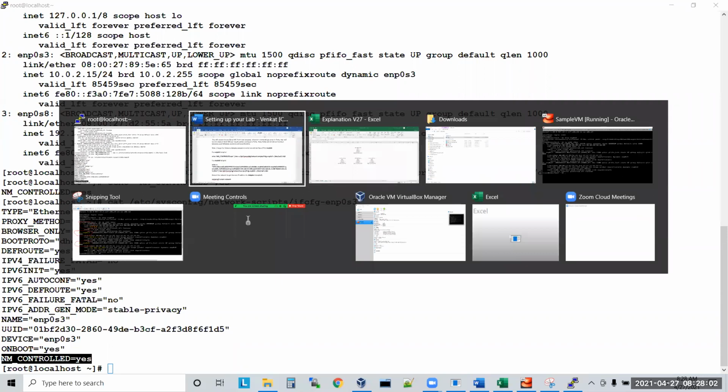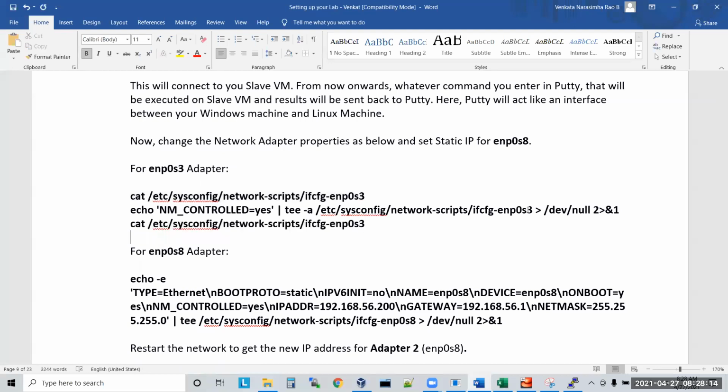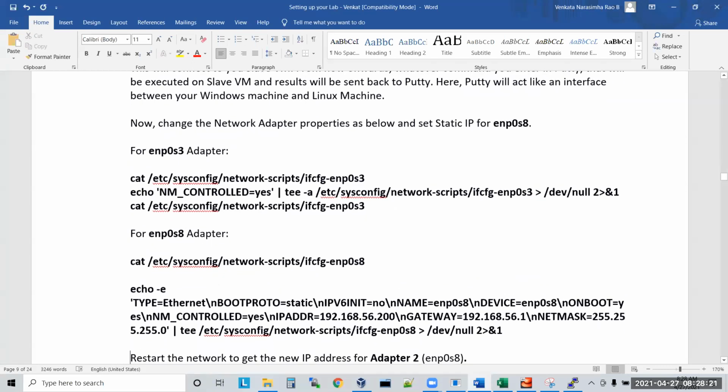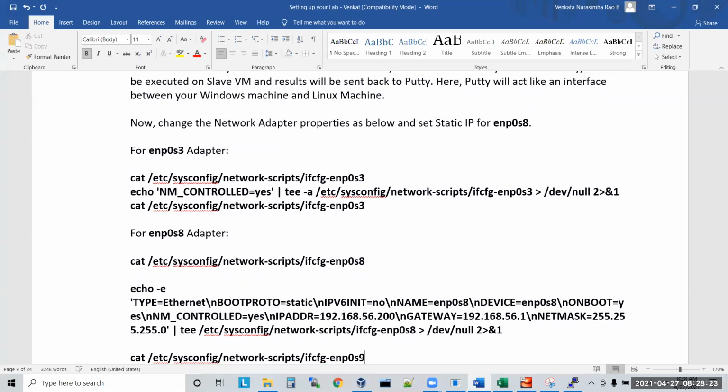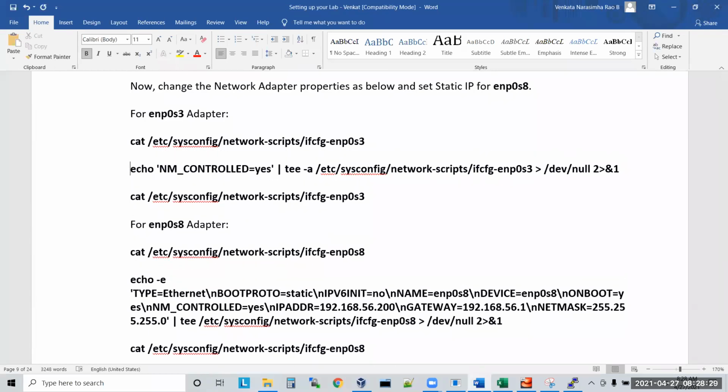So here, you do one thing. Cat this file. Again, give cat before this one, cat the ifcfg file for enp0s8.